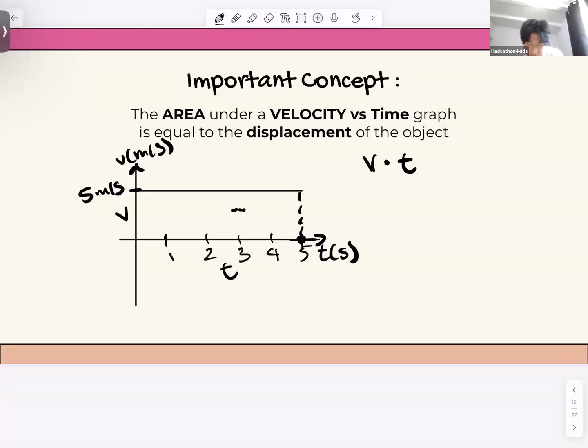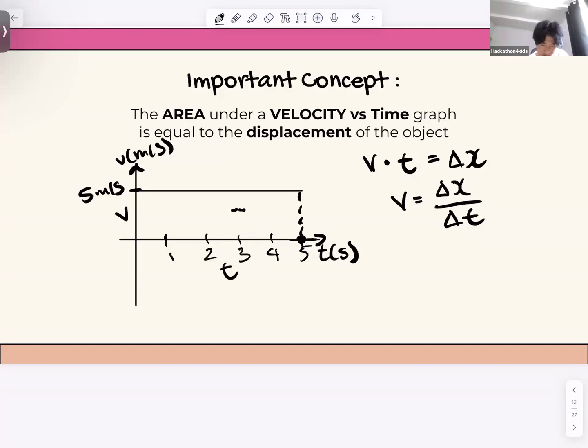What is velocity times time? That would be distance, right? That would be displacement, actually. Displacement. So delta x. We can actually transform this into the formula for velocity, which is displacement over change in time. Oh, wow. Right? The area under a velocity versus time graph is actually equal to the displacement of an object,